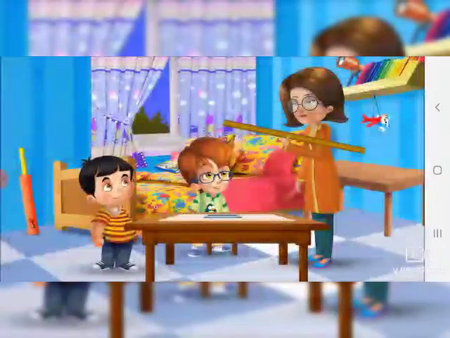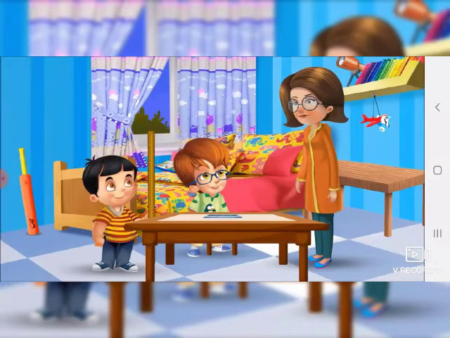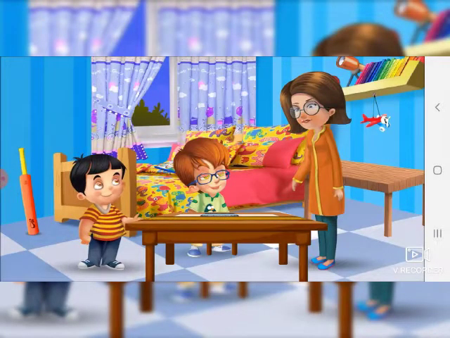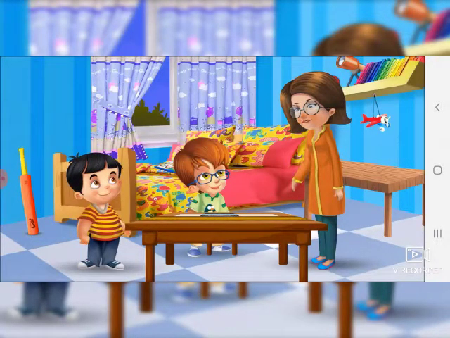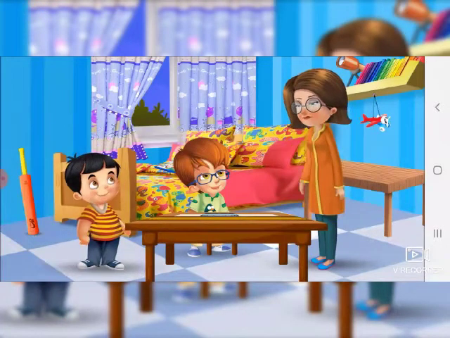Now Mrs. Ria says, The length of this meter scale is 1 meter. Now Mrs. Ria instructs Sid to measure the edge of the same table with the meter scale which Neil had measured. Sid measures the edge of the table and says, Mother, its length is equal to 1 meter. Mrs. Ria appreciates the answer and asks Neil, What do you observe?